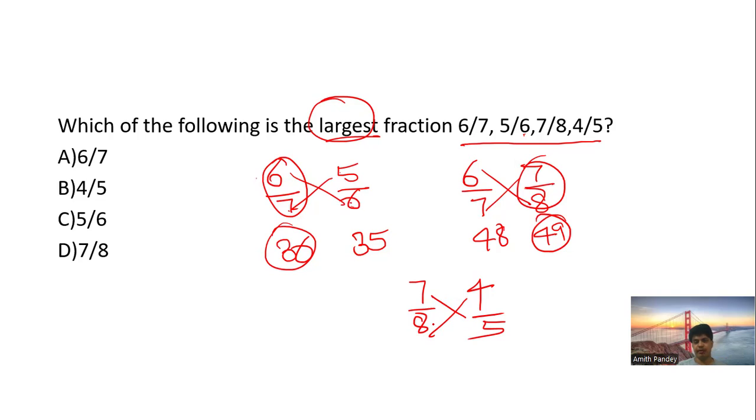minute. Okay, now 7 5s are 35, 8 4s are 32. So which one is greater? 35. The 7 by 8 is greater. Clear? Now,